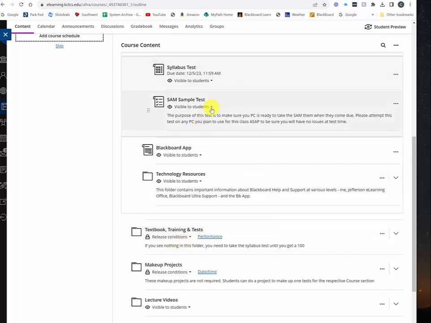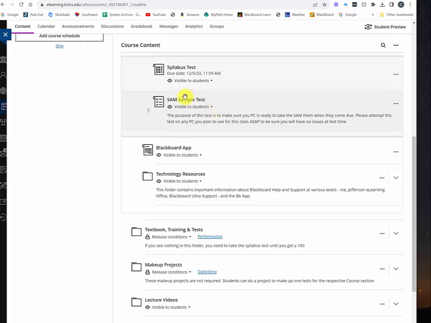All right. This next thing is just a sample test. The only thing is, it's got like 10 questions on it, and I try to make them easy questions. But I really don't care what you get on this test. The purpose of this test is I just want you to take it on any device that you plan on using to take the test for this class in. And if you can do this sample test, you shouldn't have any problem at all doing the real test when